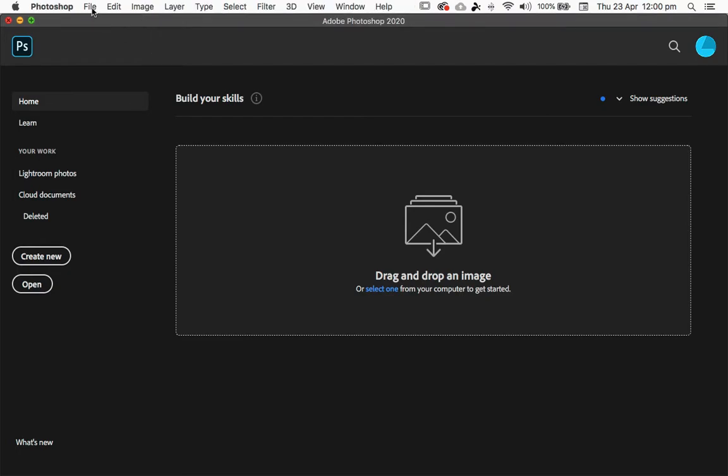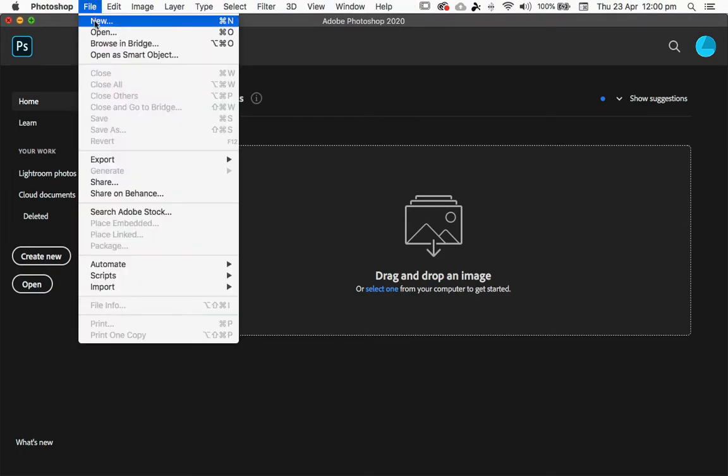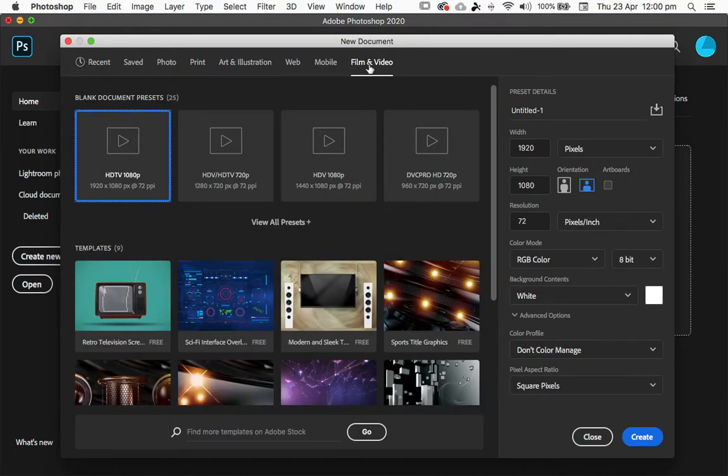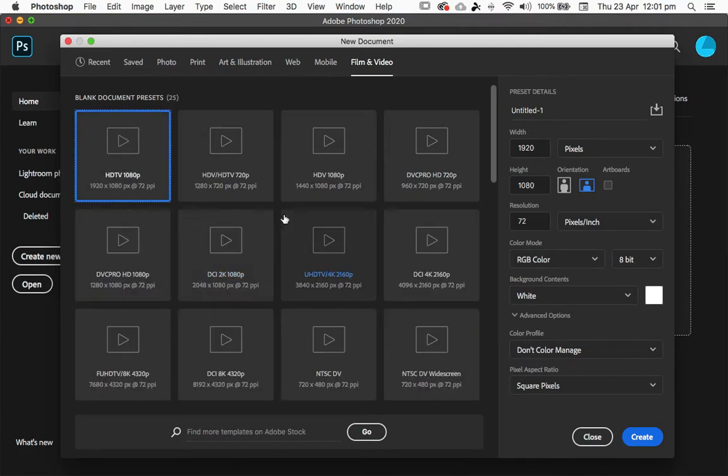creating a new document. So I'm going to jump in straight away, File, New, and up the top here we do have an option of some presets. One of the first questions you should always ask is, what format are we going to be shooting in? So I'm going to go Film and Video for this, and I'm going to start off with HD TV 1080p. There's a whole lot of other presets here that you can choose from, but I'm not actually going to be using this resolution. So if you look over here, we can see our resolution, 1920 by 1080, 72